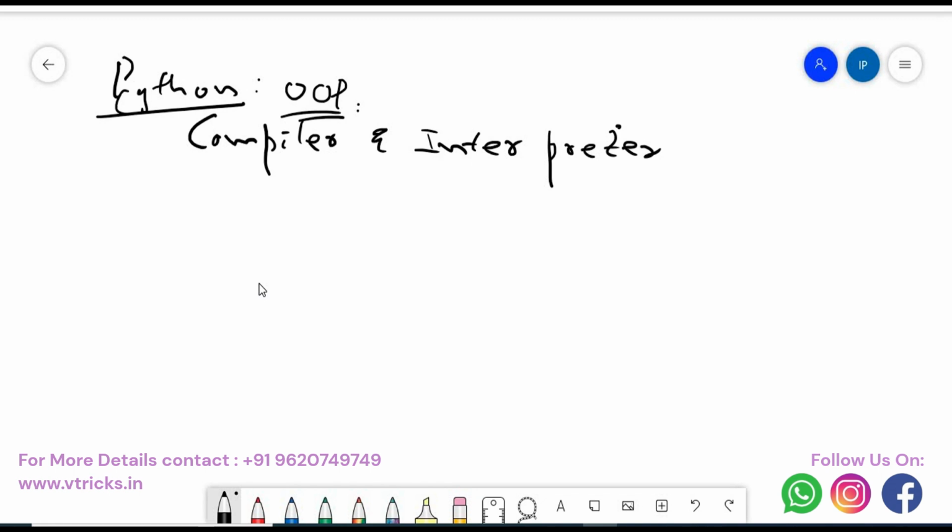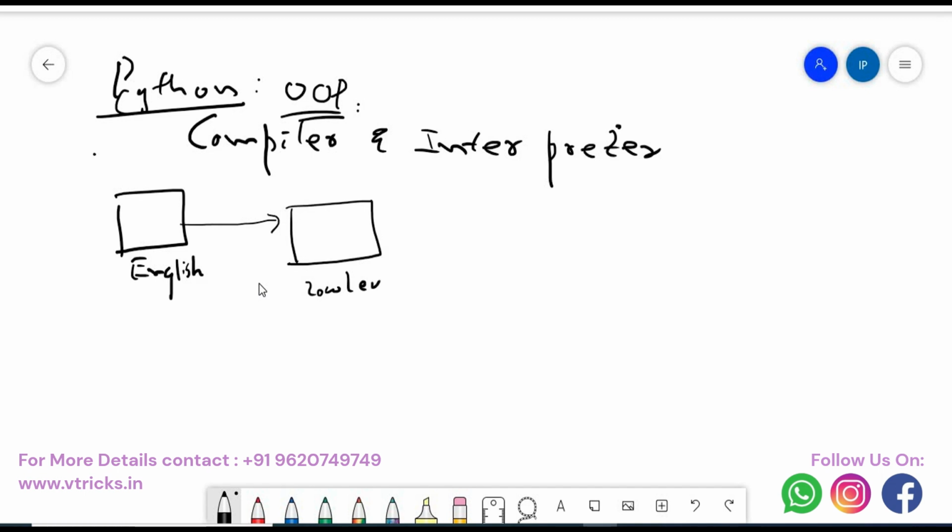What is this compiler and what is this interpreter? What is a compiler? Whenever I say high level programming language, let us say in general English, what we understand is English, but we want to make our compiler understand this English. Is it possible for the compiler to understand English? No, because the compiler understands only zeros and ones. So whatever high level programming language English is present here will be converted to low level machine understandable language. Who will make this happen? There comes the intervention of the compiler and interpreter.